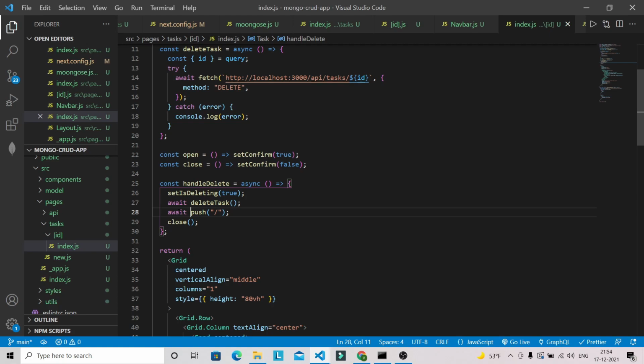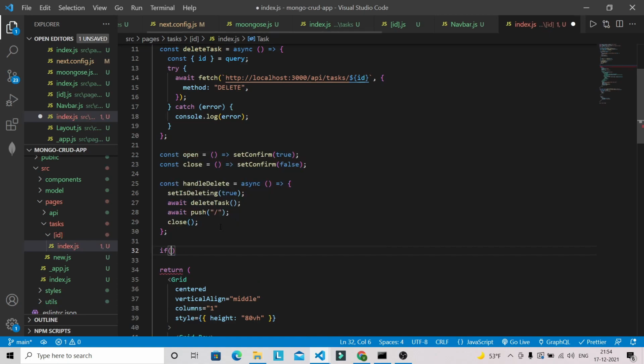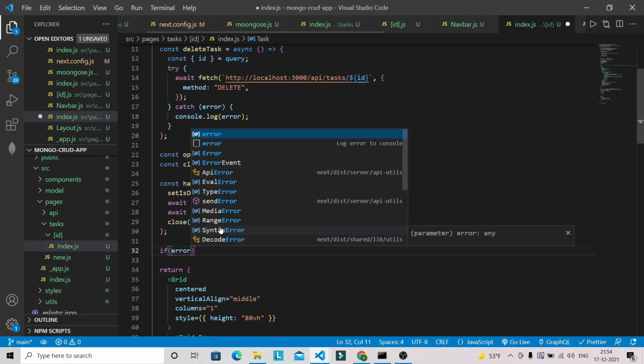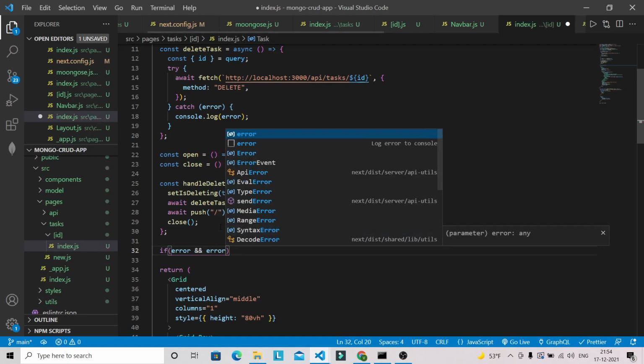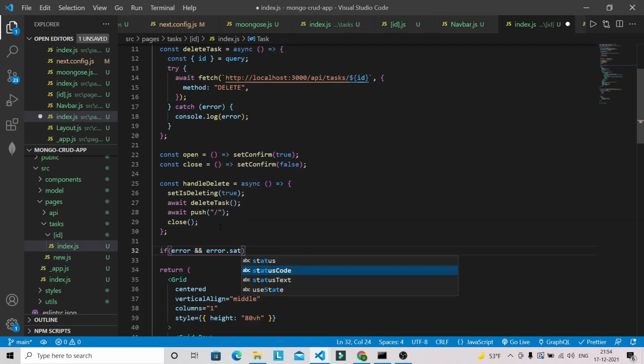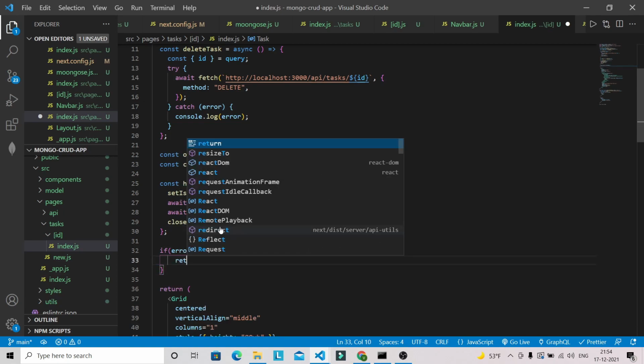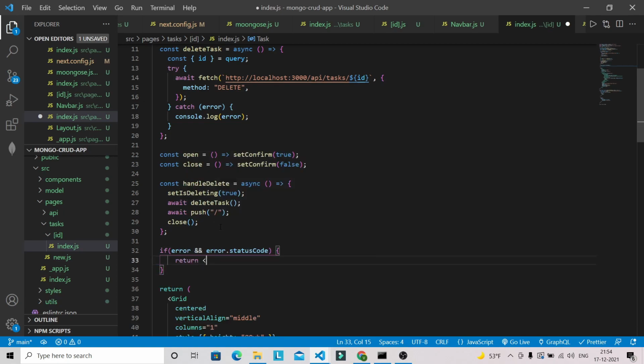And let's handle the error as well. So if you have any kind of error, like error.status code, we want to simply return the error.